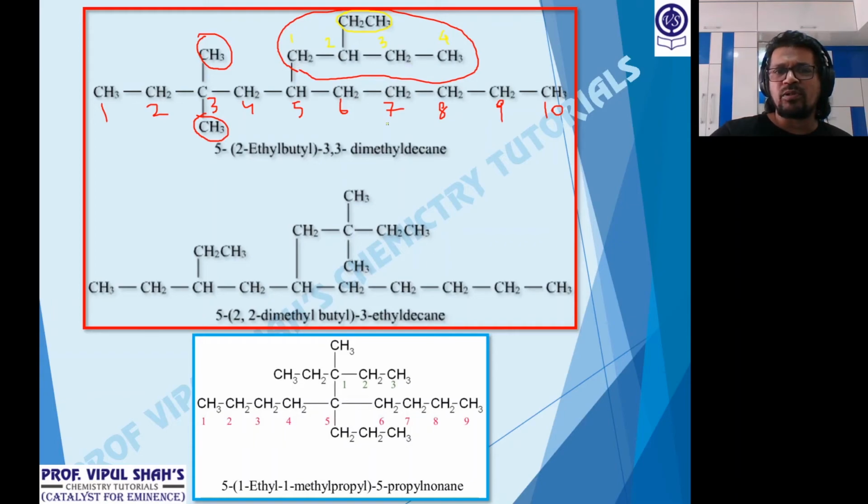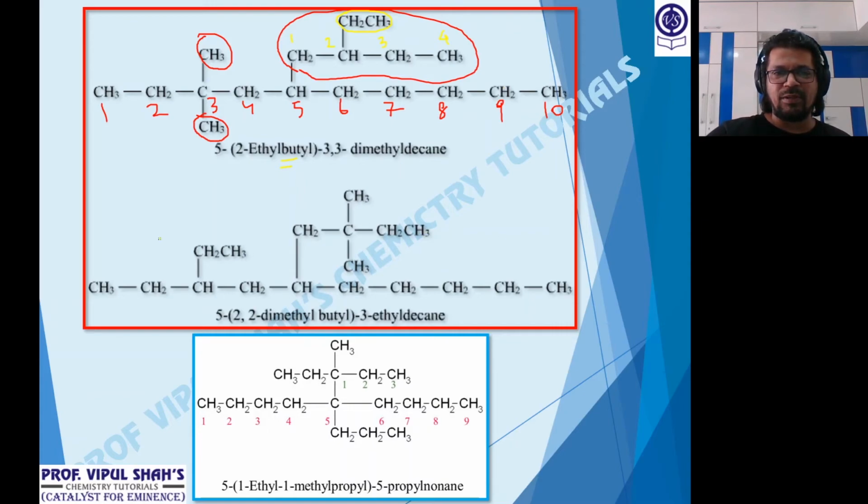Why did I write this first? Because B of the butyl comes first alphabetically. Alkyl groups are not considered. Okay, so first B of the butyl. Now, if they were just methyl ethyl, then I would have considered ethyl. Here it is ethyl butyl, so B of the butyl, not E. Okay, understand? If there's only methyl ethyl, then ethyl. So now at 2 ethyl, skeleton of 4 butyl at 5. So 5 bracket 2 ethyl butyl, then at 3 two methyl. So 3,3 dimethyl, skeleton of 10. That is decane. Clear?